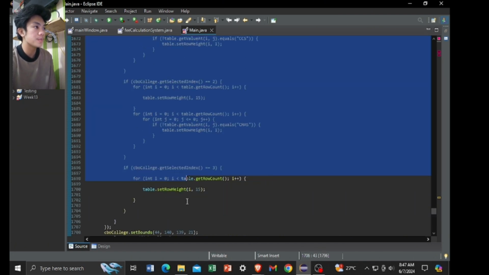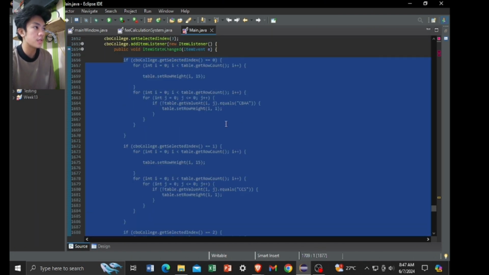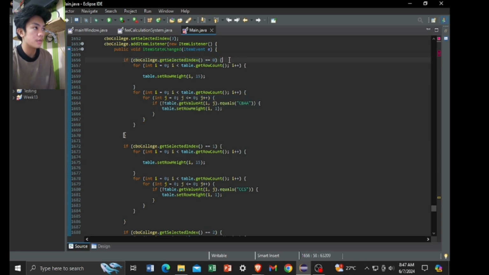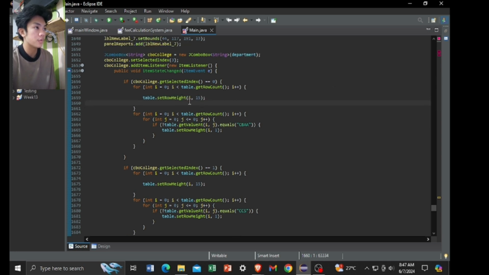In the first if statement, it checks the selected index and initializes the inner for loop to check the row count and set the table row height to 15, where i is the variable of the for loop. After that, we set another nested for loop to get the row count and check it with the inner if conditions.